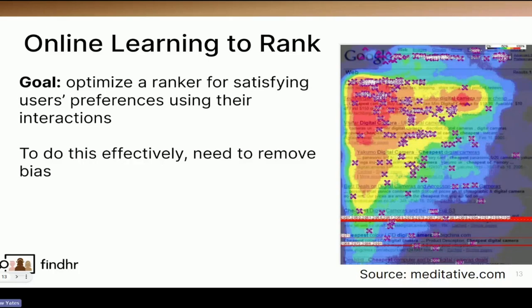So as I hinted at, the key difficulty with online learning to rank is we need to remove bias from how the users interact with the system. So our goal is, of course, to optimize a ranker that satisfies users' preference using their interactions. But we know user interactions with the system are biased to different extents, and we need some way to debias, to remove that bias. So you see one form of bias here,